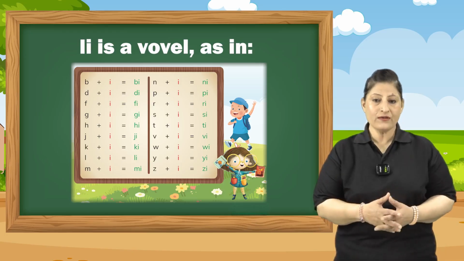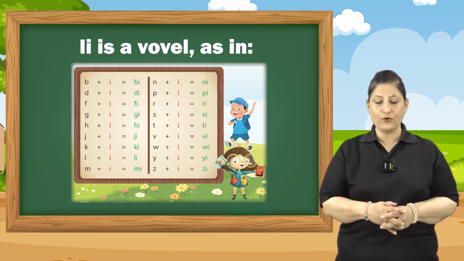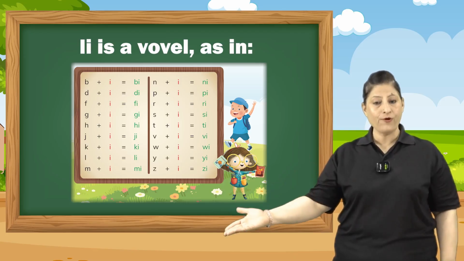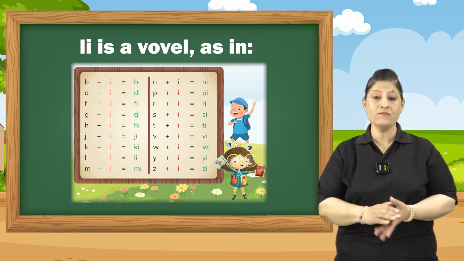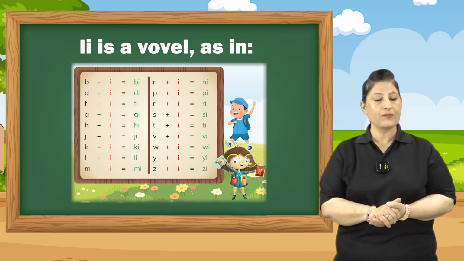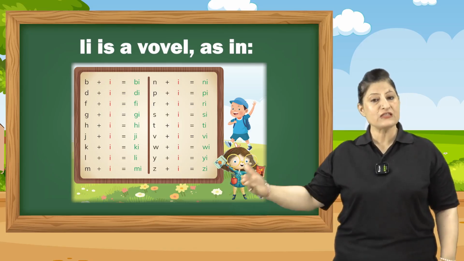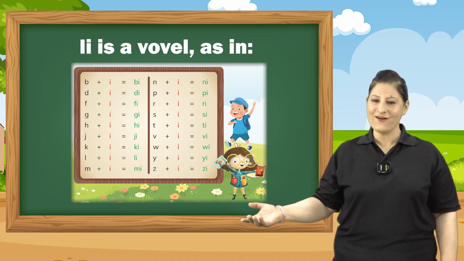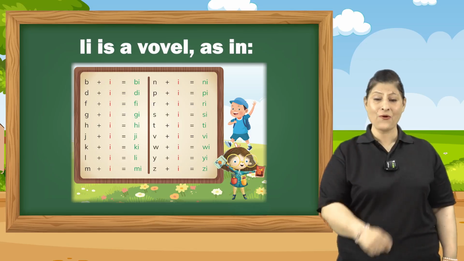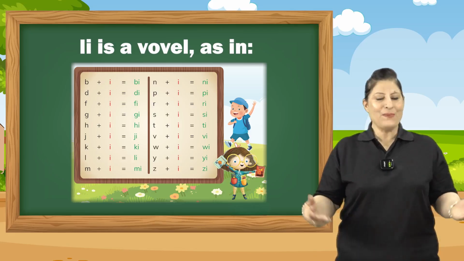So children, now you have learnt that when we put any consonant before I, the sound changes and it becomes a two-letter word. Keep on revising these two-letter words and try for more consonants yourself. As you know, practice makes a man perfect. Remember the phonic sound of letter I. Alright children, now it's time for me to say bye-bye.